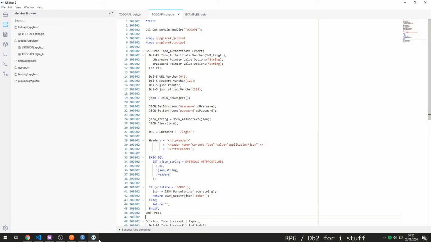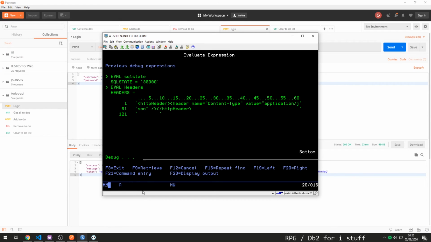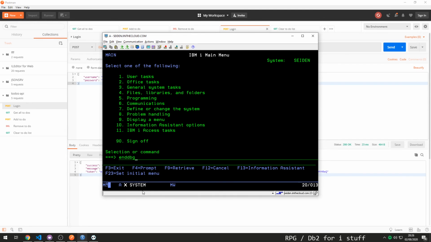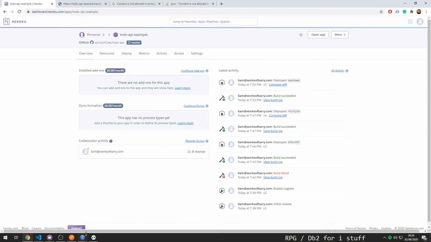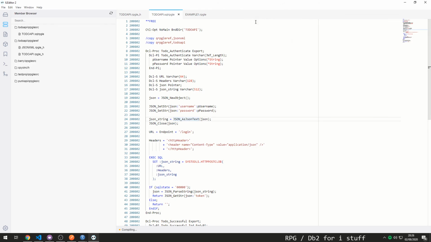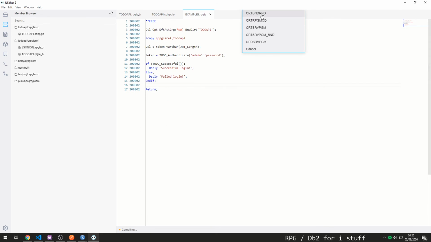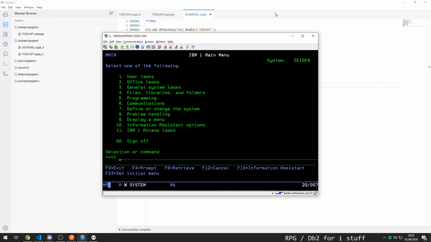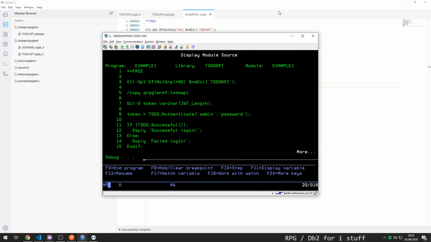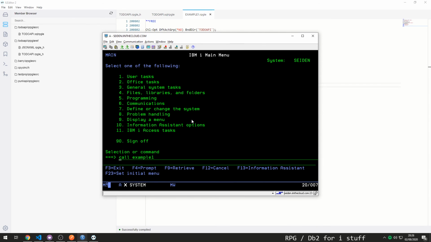Okay, well, good news, everybody. I found out that the issue was actually fairly simple, and we just have the headers and the JSON string around the wrong way. So let's go ahead and fix that. And let's just end the debug here. Let's go ahead and recompile our service program, update the module, update the service program, recompile our program to be extra safe. Let's go ahead and start debug example1 again, drop it on here, call example1,